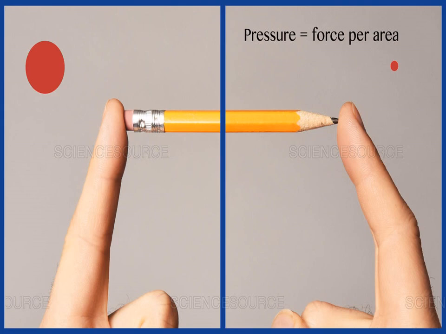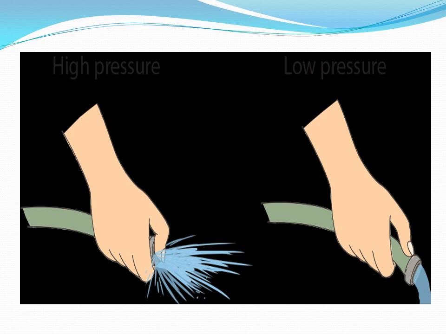Now take an example. If you look at the picture, hold the pencil in this way, in which finger you will feel more pain or stress? Obviously, you feel the pain where your finger is pressed by the tip of the pencil. It implies that smaller area produces more pressure. Now take another example from your daily life. Take a water pipe. Now if you want to increase the water flow, you press the pipe from its nozzle. In this way you increase the pressure by decreasing the area.